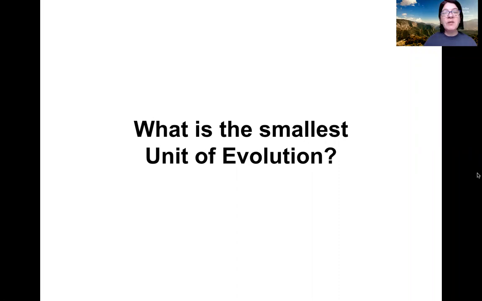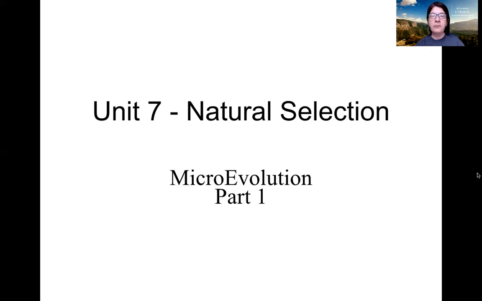Let's warm our brains up and answer the following question. What is the smallest unit of evolution? And if you're watching this at home, please pause the video and answer the question before proceeding. So the smallest unit of evolution is the population. And in this series of tutorials, we're going to be talking about population genetics, or how populations change over time, how they evolve. This is called microevolution, because microevolution deals with small changes on a small scale,